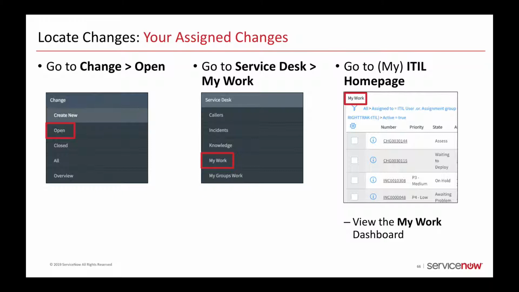Another alternative is to go to the Service Desk application and click My Work. This displays all work where you are the assigned to user, including changes and change tasks. To quickly identify changes within the My Work module, which includes several different types of tasks, click the Column Control menu and group by task type. If you belong to more than one group, click the Column Control menu and group by assignment group to organize